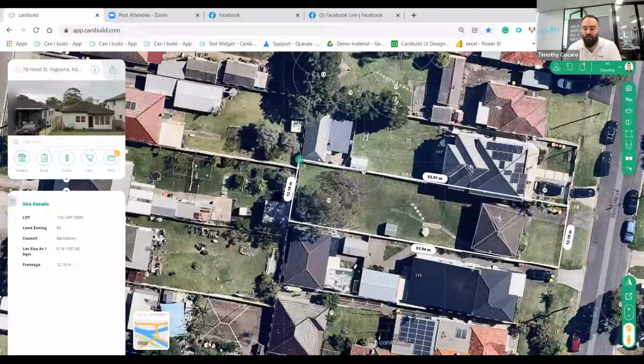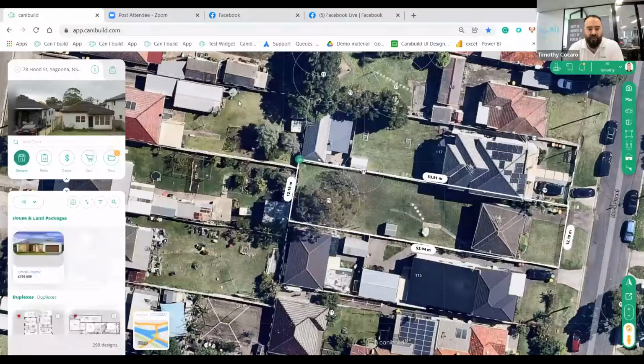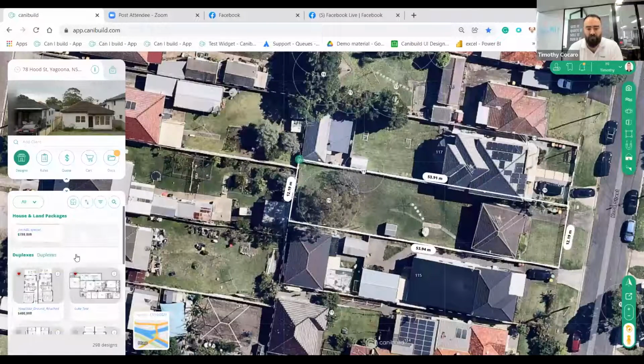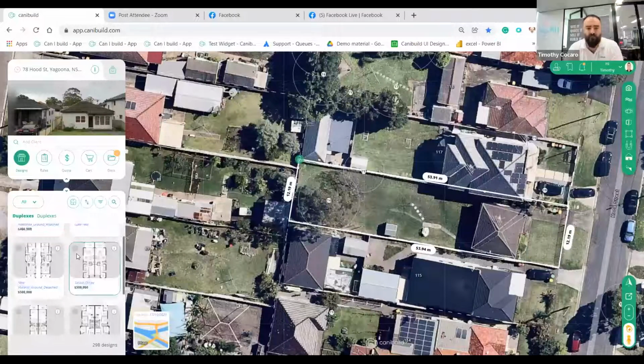So what I'll next jump to, because that's quite a straightforward feature, but one that could have been missed, is we've also got facades and house and land packages, which I'll touch on. So let's get straight into that. The team has been working quite hard in releasing house and land packages. And basically what that entails is, in a very similar way to what you're used to, you're able to